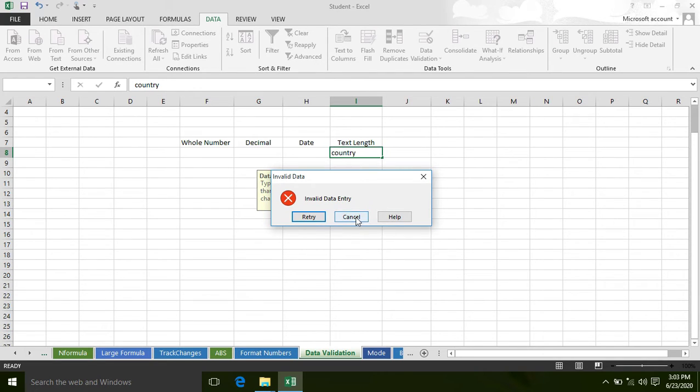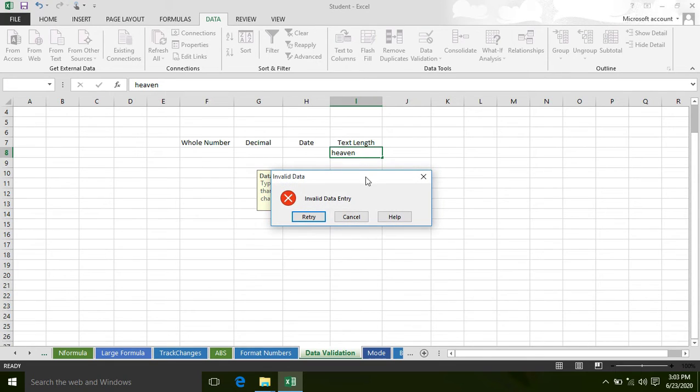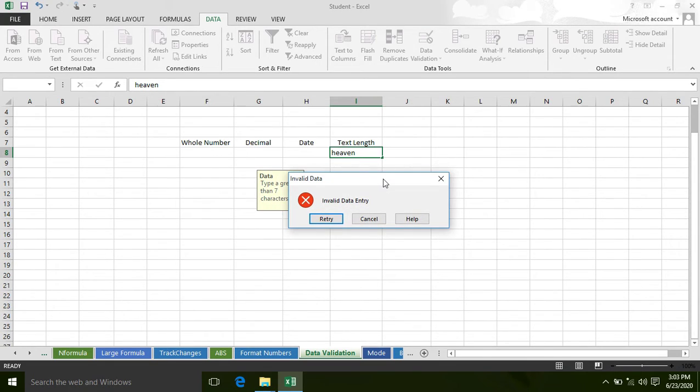I need 8 characters text. So that's why I got an error. For example, heaven. I will get an error because this text contains 6 characters. I need a text which is 8 characters long.